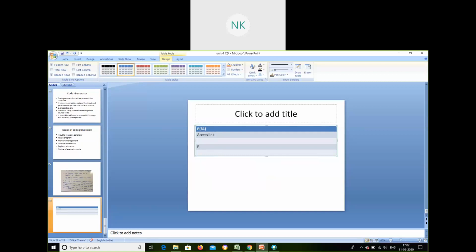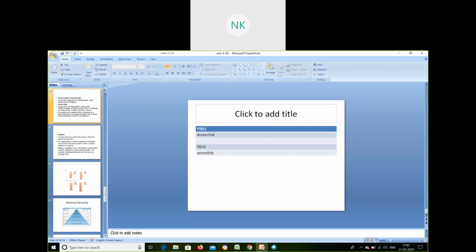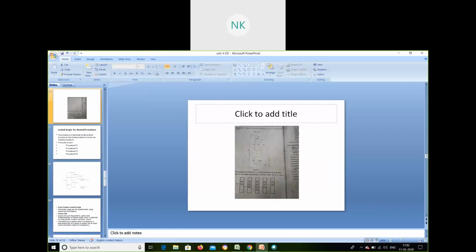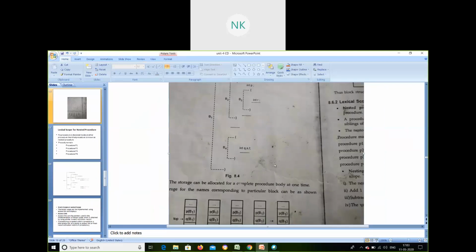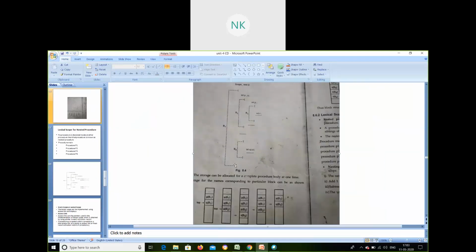Now P of B2. And I have an access link here. So it means for every block, there will be an access link. So for example, as we discussed earlier in this example, these are considered to be blocks: block 1, block 2, block 3 and block 4. In each block, I'll have an access link.